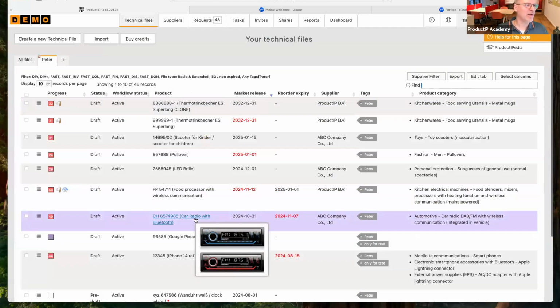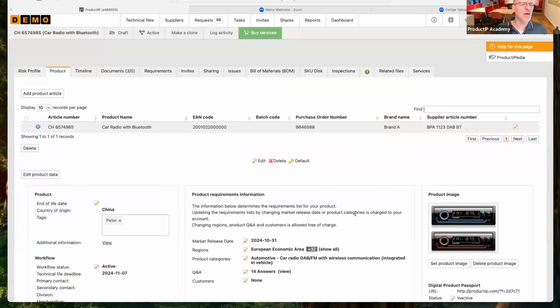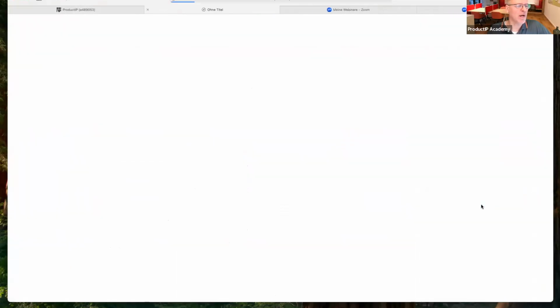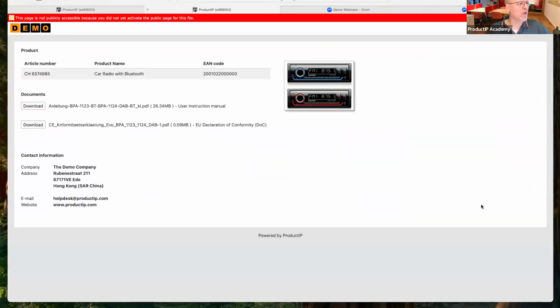So for example, these are some demo files. And if I click on the car radio with Bluetooth function, then you can see here is its picture. And here is the QR code for the digital product passport. And if I click on the URL, then another page will open. And I can see here is a download for the user instruction manual. And I can also download the declaration of conformity. Emil, if you need some more information, please send us an email to